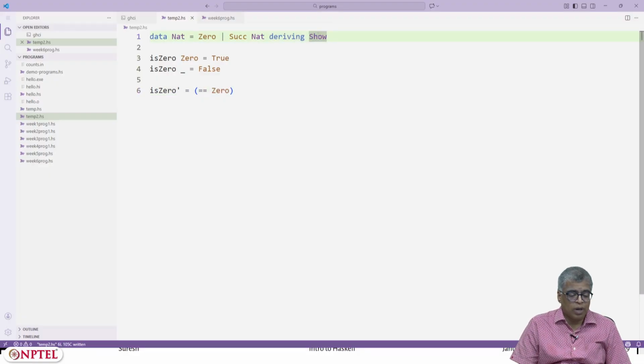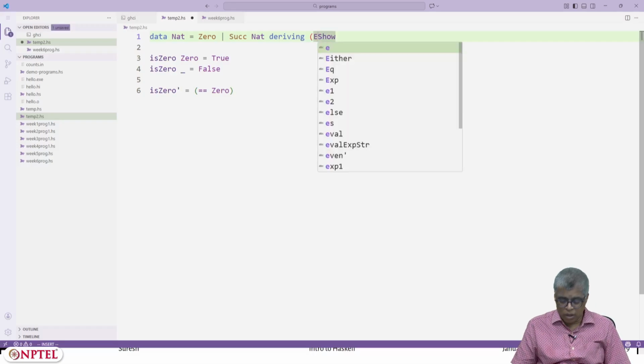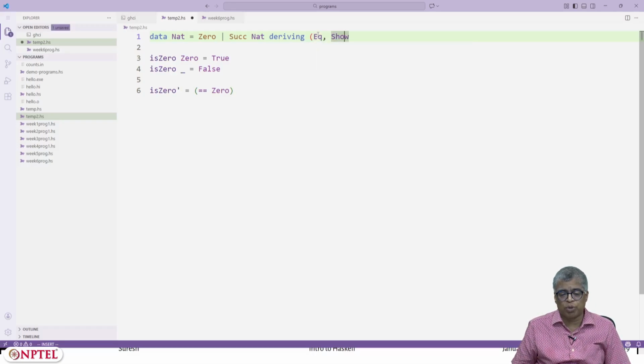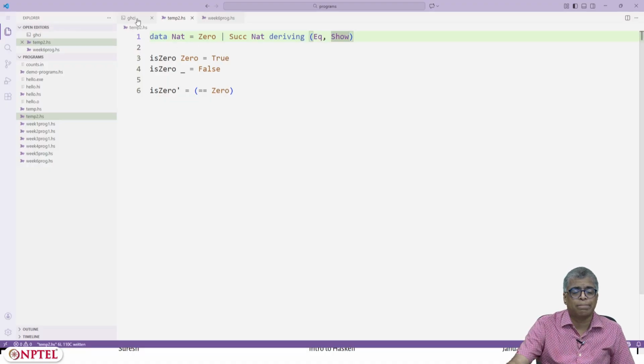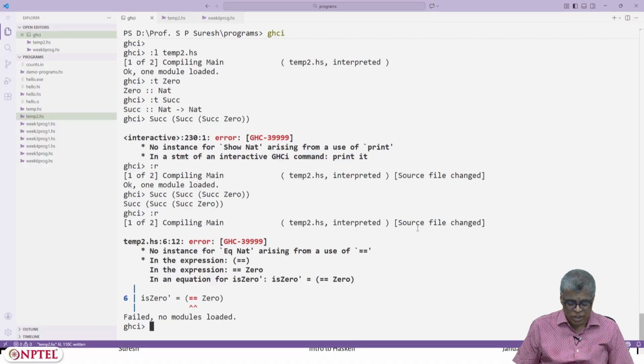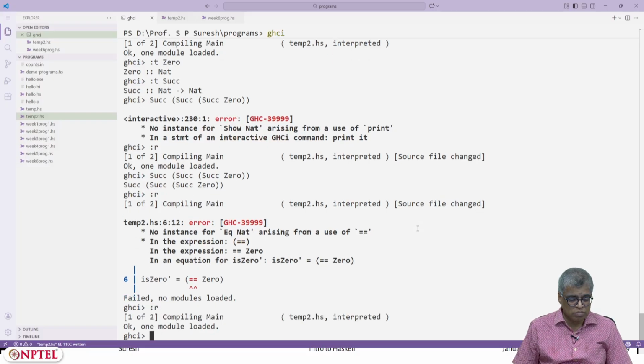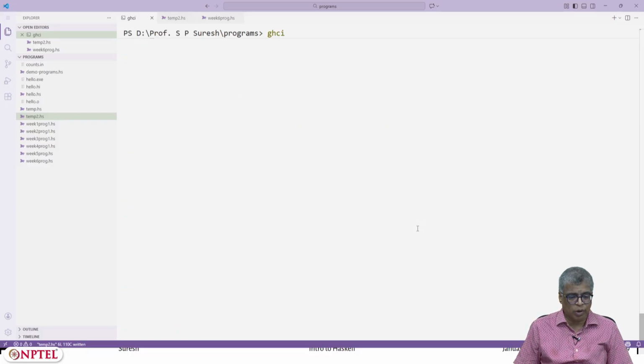Almost by default you would mostly do deriving Eq, Show for almost all data types that you define. Except even in this case we will show that it might be better to do your own custom show. But let's just check that we can reload this. It compiles well without a problem.